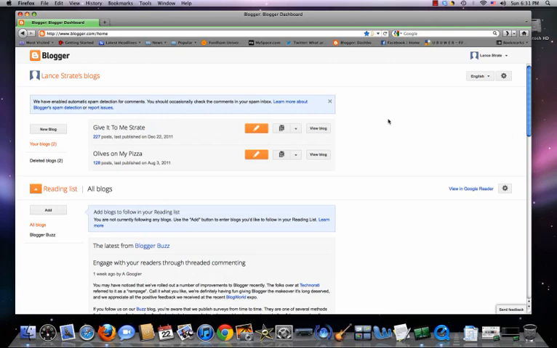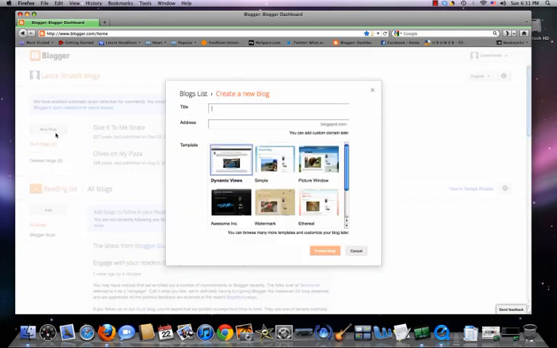Okay, we're ready to create a blog, and actually I switched over to the new dashboard view because I realized that that's probably what you'll be seeing. So you see there's a couple of older blogs listed here, and then there's a button for new blogs. So we'll click on that, and up pops this create a new blog window, and you need to give it